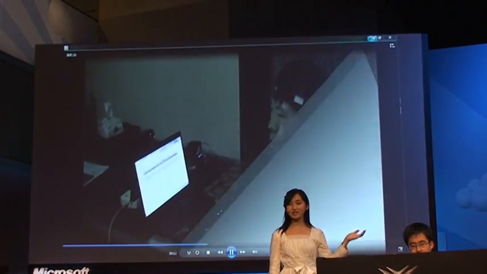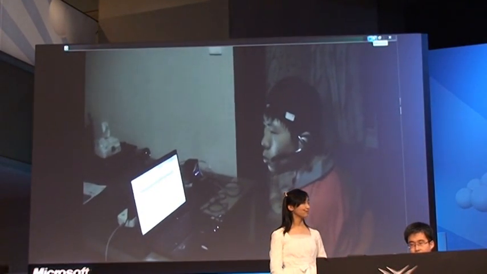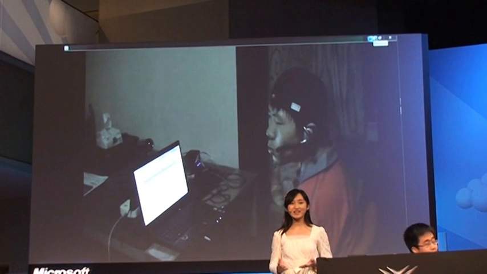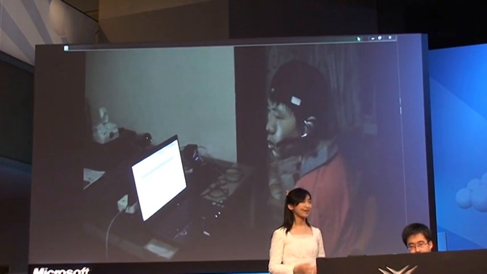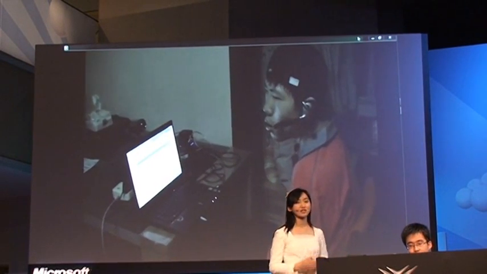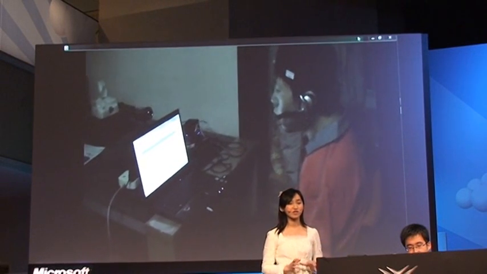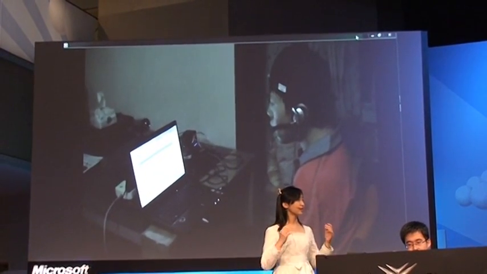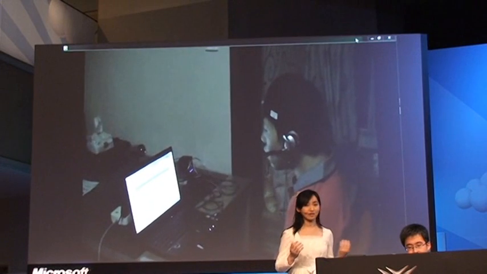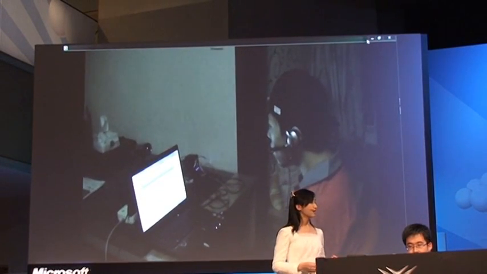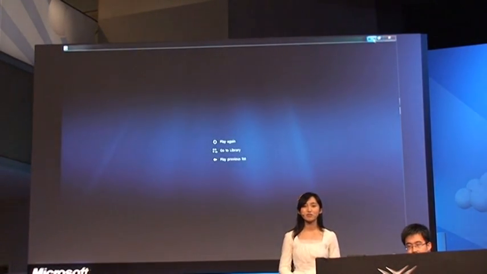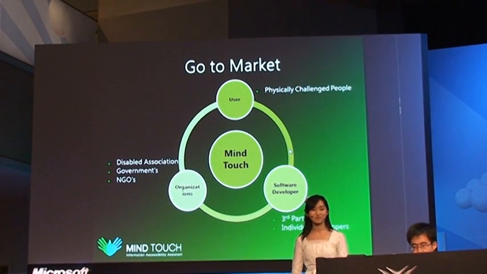Now it's inputting Chinese characters. He said he likes this control method. With a combination of moving his head and speaking out commands, he can flexibly control the cursor and can get in touch with his friends easily. He liked this method and he said our product will have a great future.